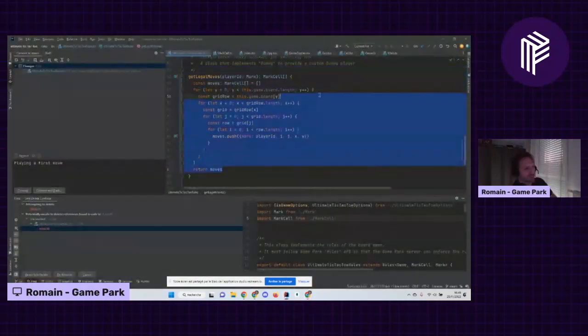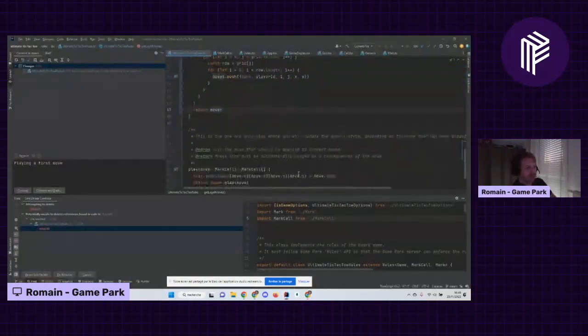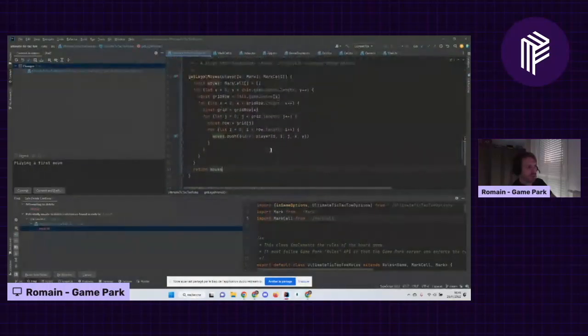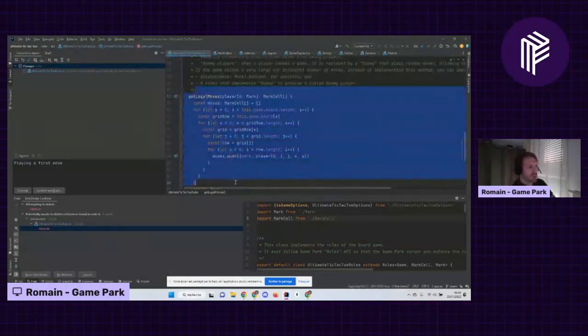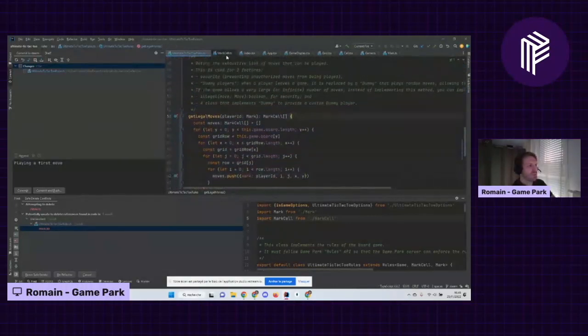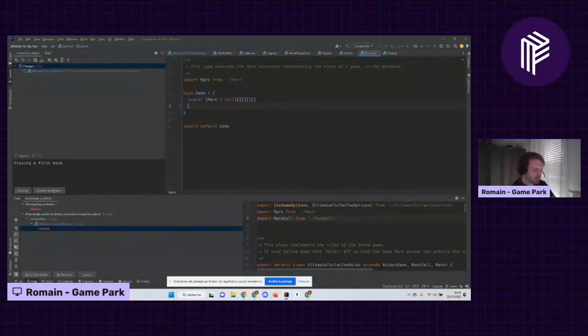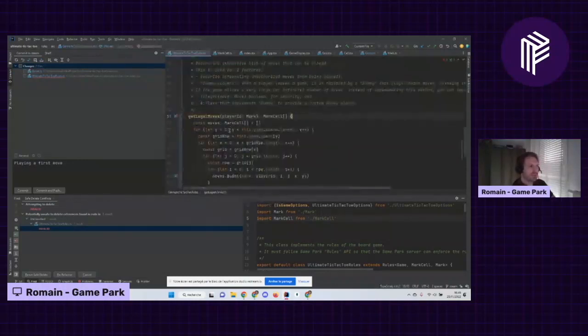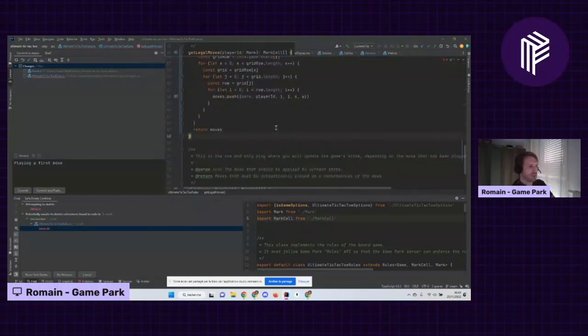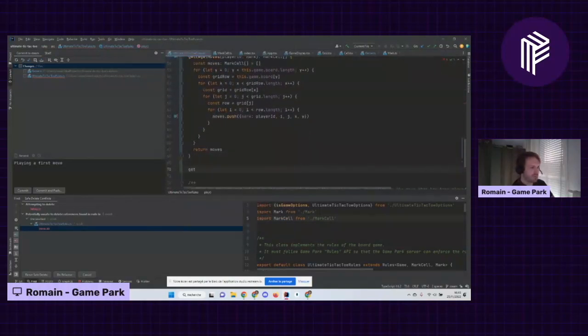Of course, you take turns in a game of tic-tac-toe. So when it's not your turn to play, well, you should not be able to mark any cell. So what we want to do, we want to change a little bit the game state, and we want to put the current player inside the game state. This way, we can identify which turn it is to play and return no legal moves for the other player. And we will implement this